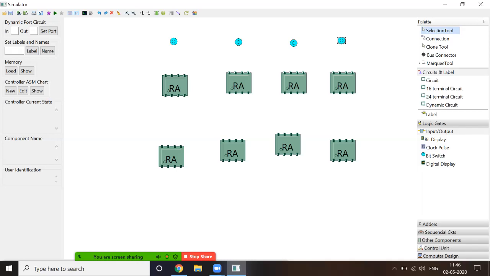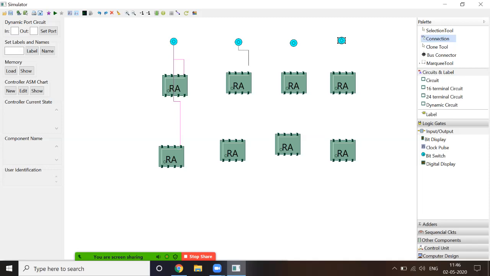Now, how to make connections? You have to use the connection tool. You can see here there is a connection tool, so you can use it. Click on this, an arrow will appear like this. So click here and click on the pin where you want to connect. You just have to move to that pin. It will fix this, and then click again. Now a pink line will appear, so now the connection is made. Similarly, click on this and click here, and again click once, so now this is connected.